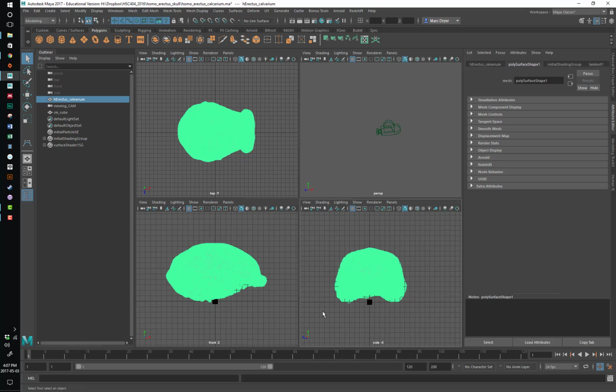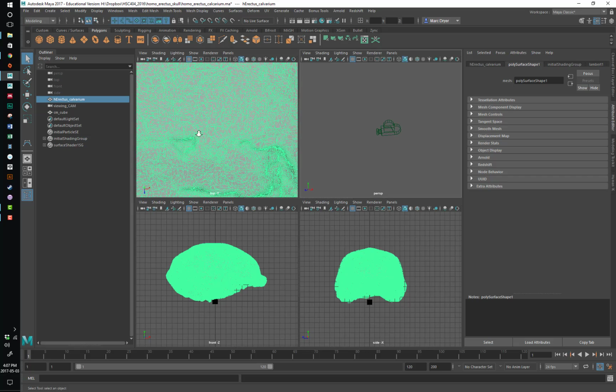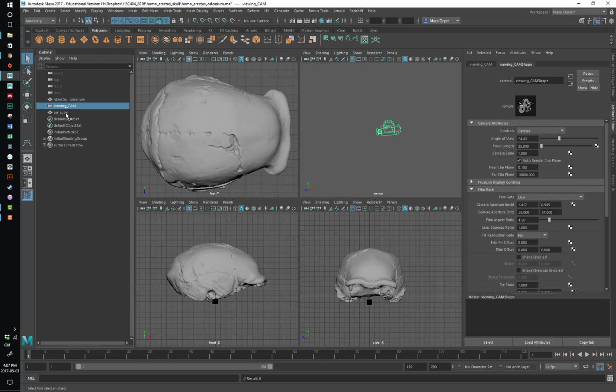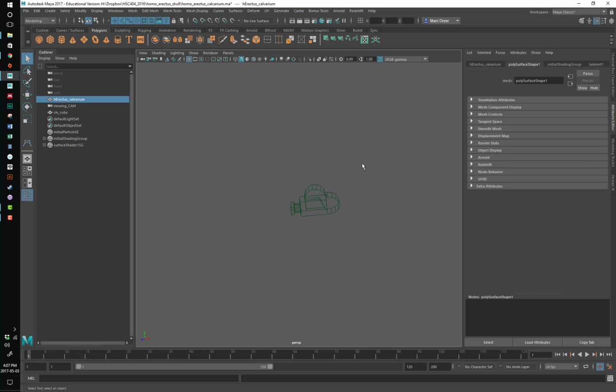Just ignore that. But if I click on it here, you can see it's the same object, so it's selected everywhere. It shows up highlighted in green like this, showing all the edges in green. And select it here. You can marquee select. If you have more than one object,